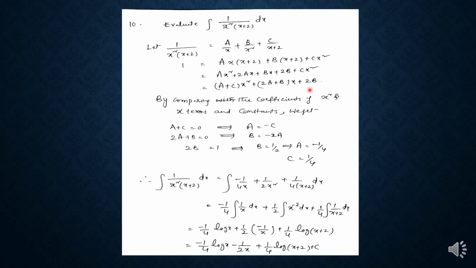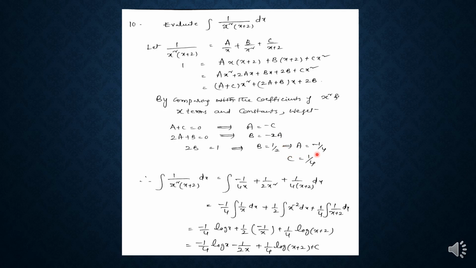And in the right hand side the constant is 2b. In the left hand side 1 is there. So by equating these two, we will get 2b is equal to 1. From this we will get b is equal to 1 by 2. So b is equal to 1 by 2 and b is equal to minus 2a. So a is equal to